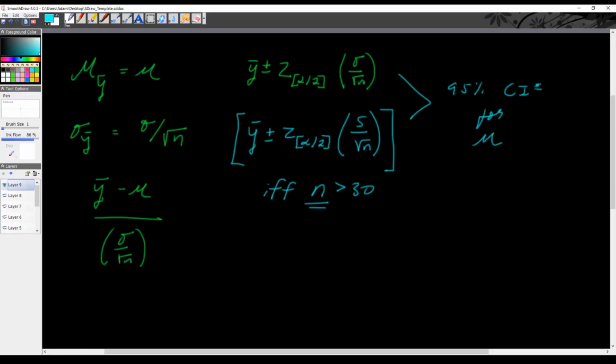If the sample is small, we use a different formula. We've already seen it; it's just based on the t. So if we don't have the population standard deviation, we use this if we've got a large sample, or we use the yellow if we've got a small sample. All right, moving on to